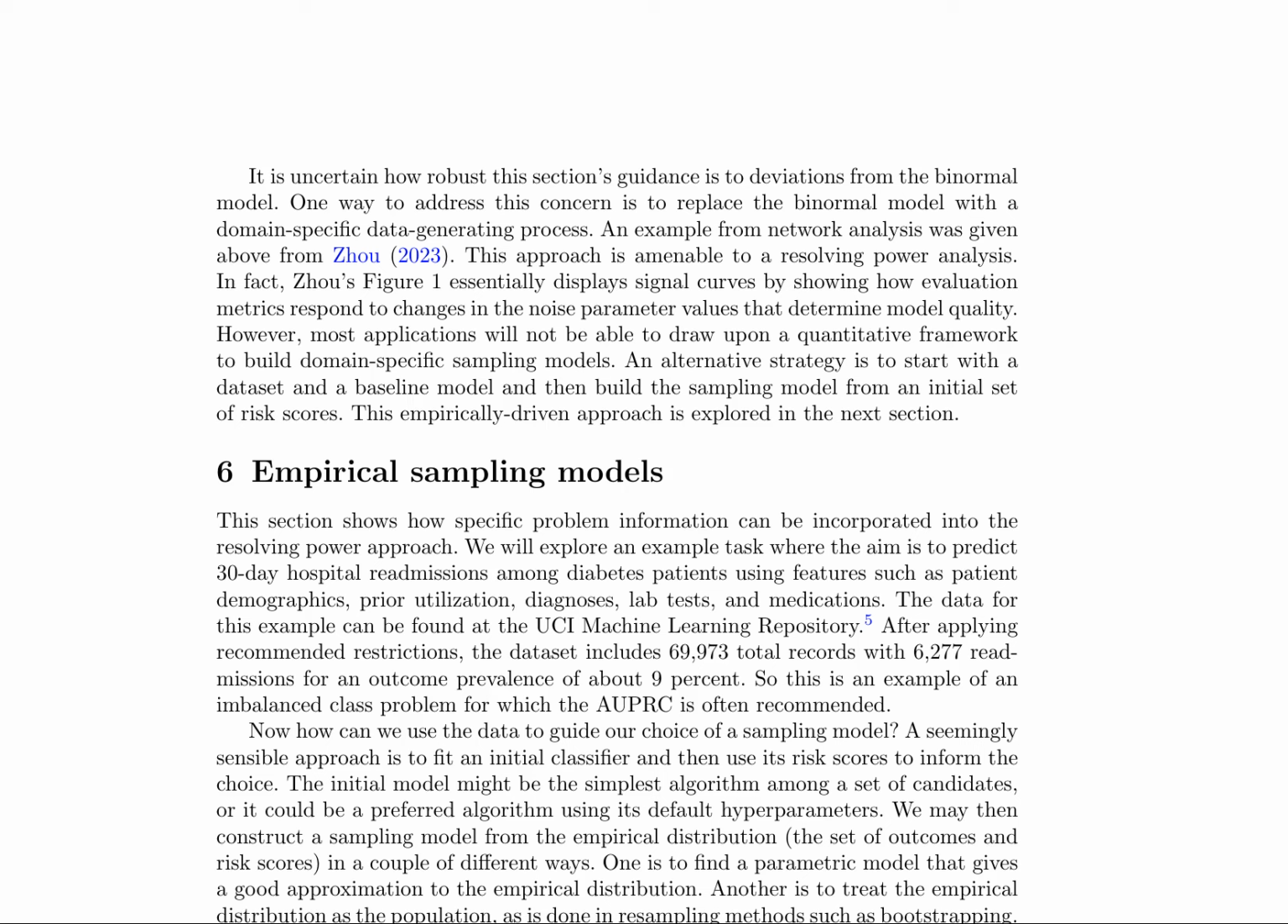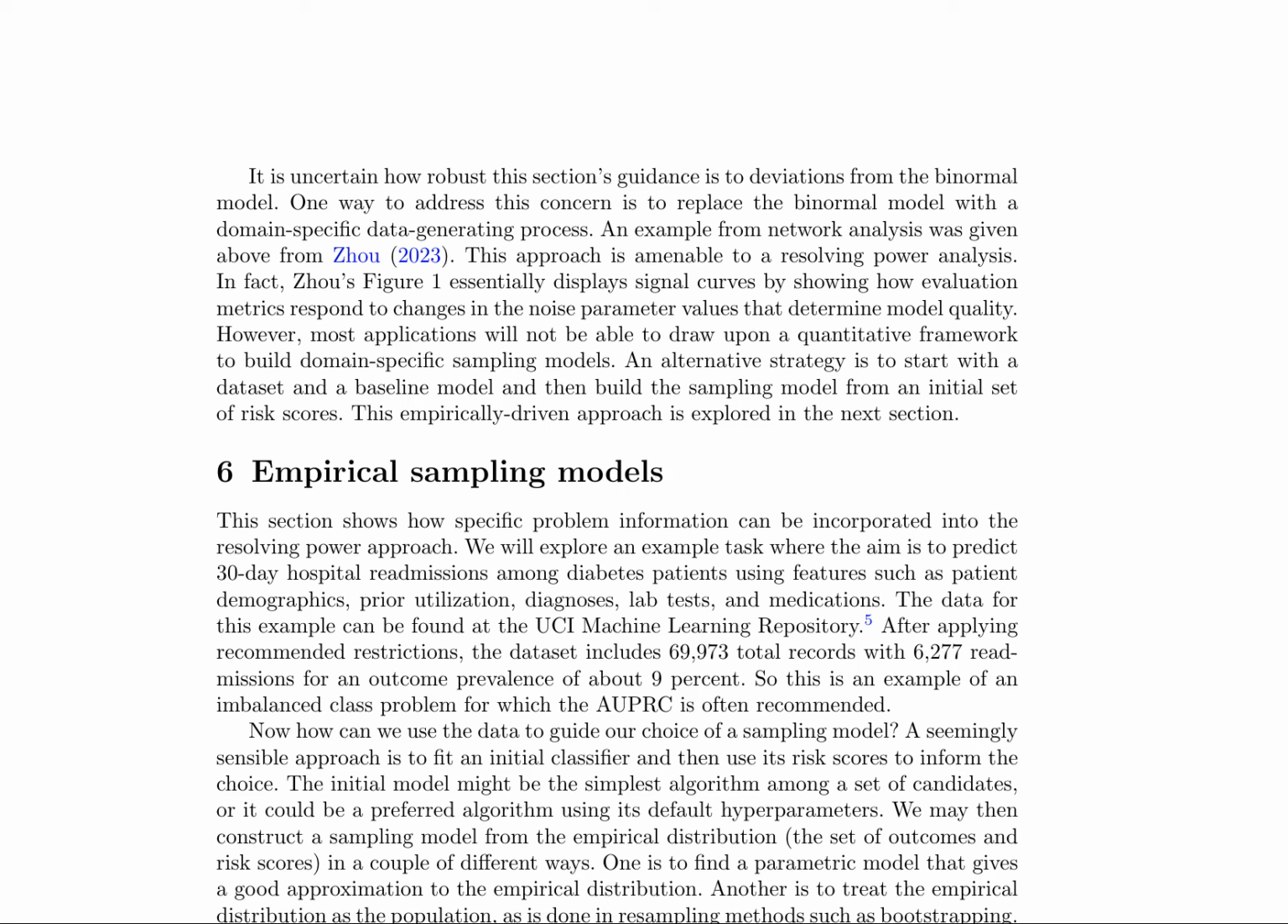However, this may not be feasible for most applications due to the lack of a quantitative framework for building domain-specific sampling models. An alternative strategy is to employ an empirically driven approach, where a dataset and a baseline model are used to construct a sampling model from an initial set of risk scores. This approach is explored in the context of predicting 30-day hospital readmissions among diabetes patients using a dataset from the UCI machine learning repository. The dataset consists of